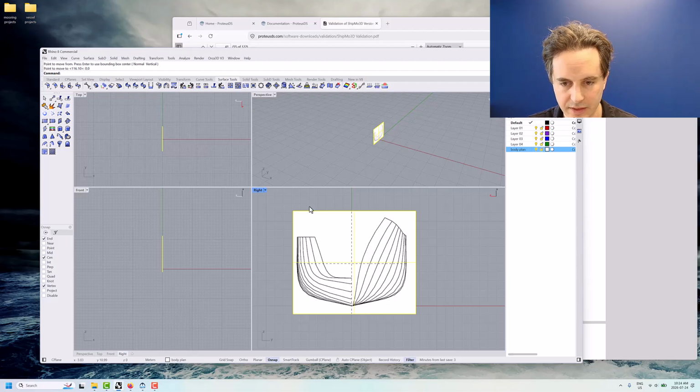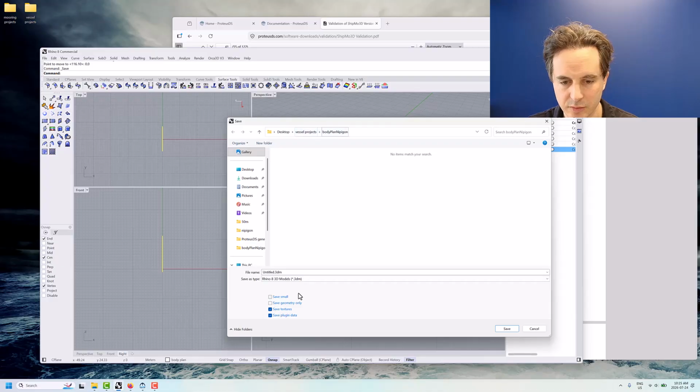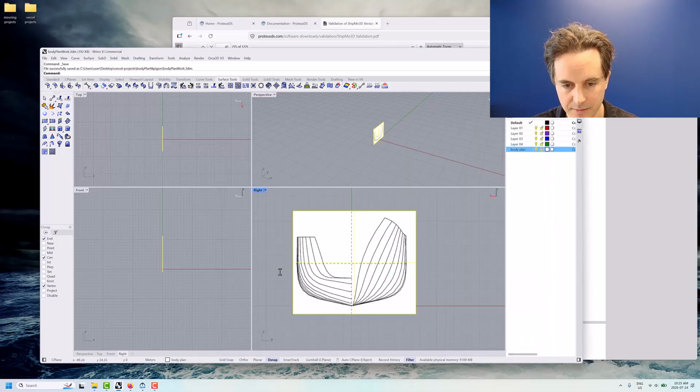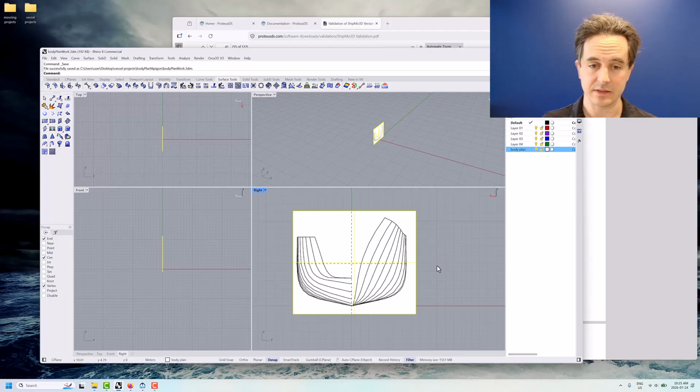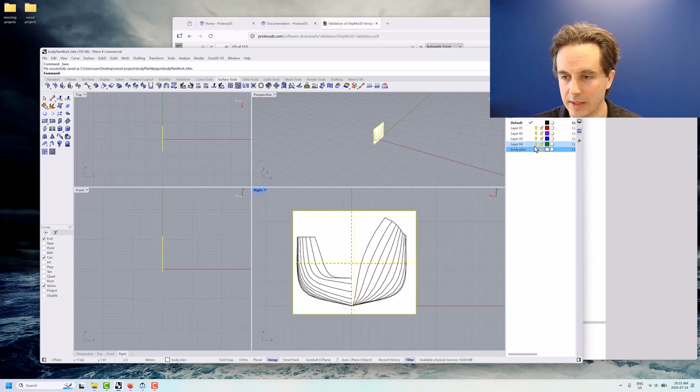So I'm going to save this now, in Vessel Projects, just to save our projects here, as Body Plan Work. All right. Okay, there are enough steps in here that I've written some notes to help me go through this process. But yeah, okay. So what we want to do now is literally trace those lines from here into